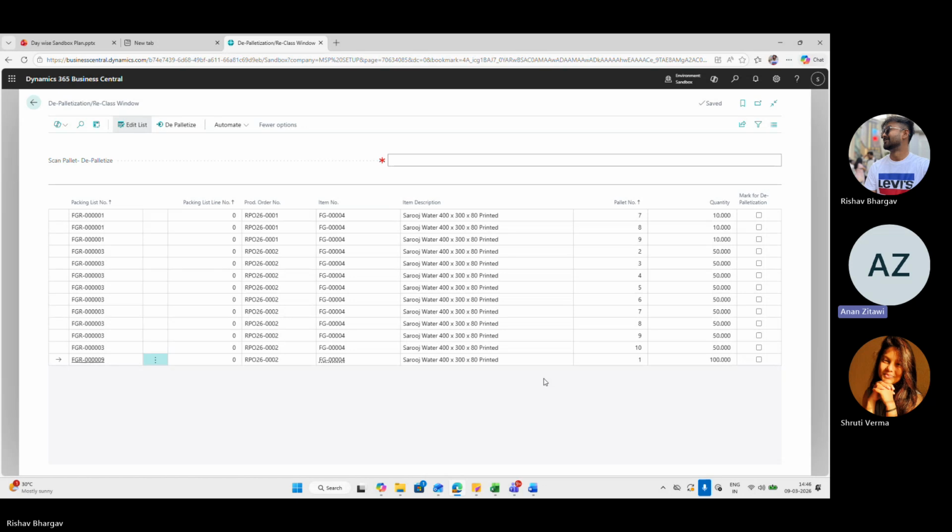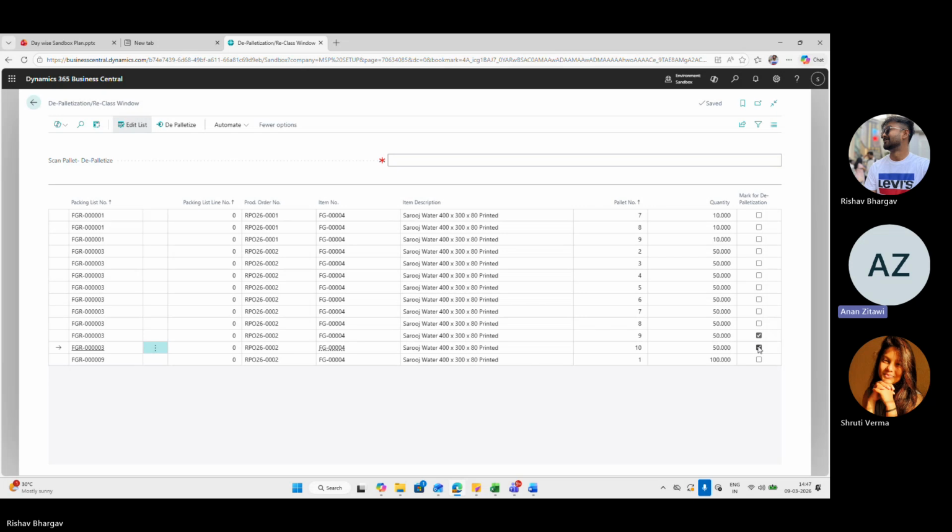Here you see that there are a number of pallets, 9 and 10, and the quantity in each pallet is 50 and 50. So we select mark for depalletization.